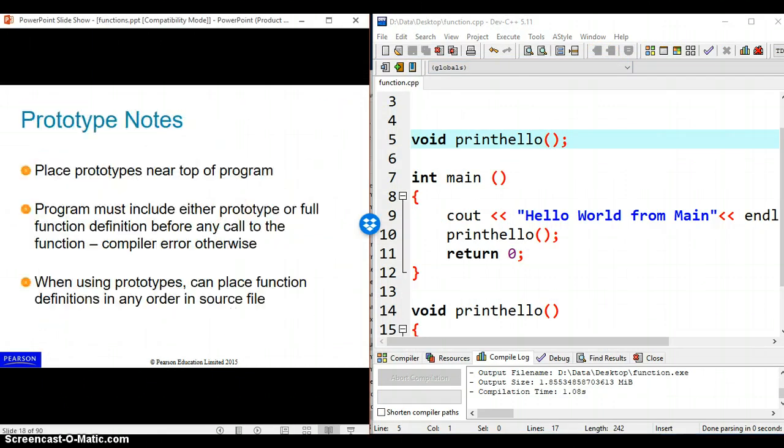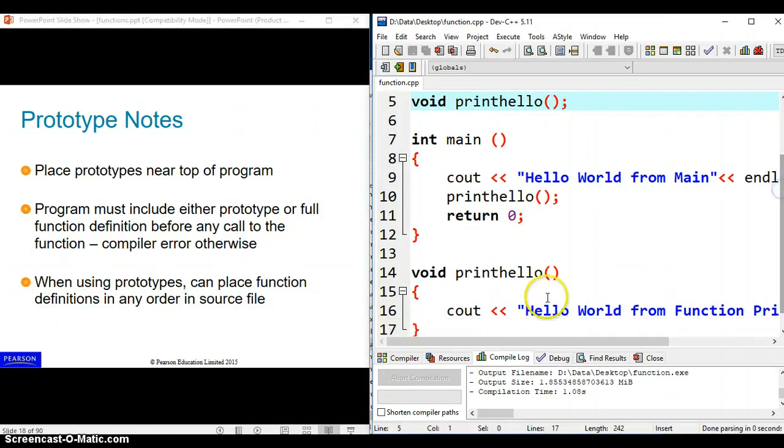Program 6.5 shows you the same thing. Place the function prototype near the top of the program. The program must include either a prototype or the full function definition before any call to the function, otherwise, compilation error. If you don't want to put a prototype, you put the whole function definition up there before your main. When using prototypes, you can place function definitions in any order in the source file. So if you use function prototypes, then as long as it